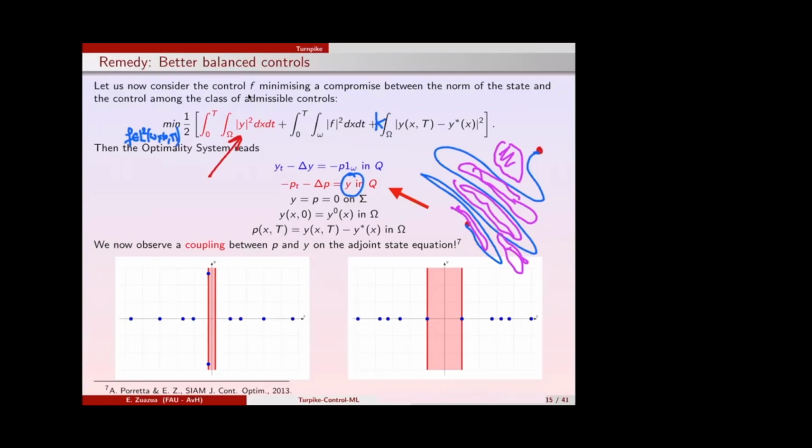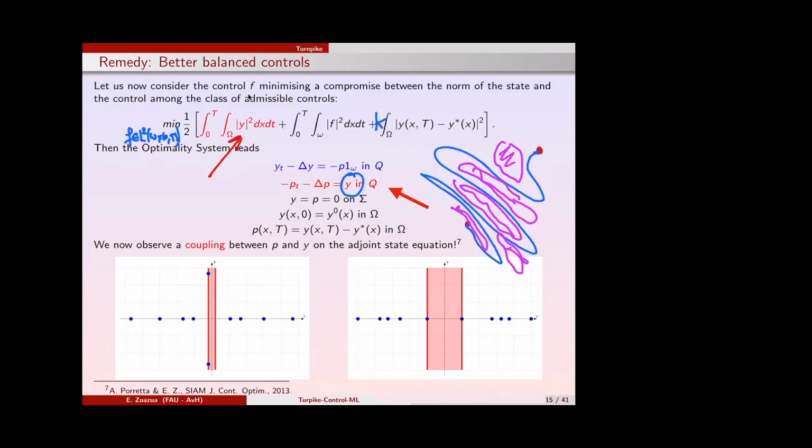Good. So what happens then? Then in this system, there is a coupling. And this is why if you have to apply the gradient descent algorithm here, you should be a little bit more careful, because you should initialize with a Y, then solve the adjoint, compute the adjoint, plug the adjoint on the state, compute the residual, and continue, right? But you have to initialize also with some Y.